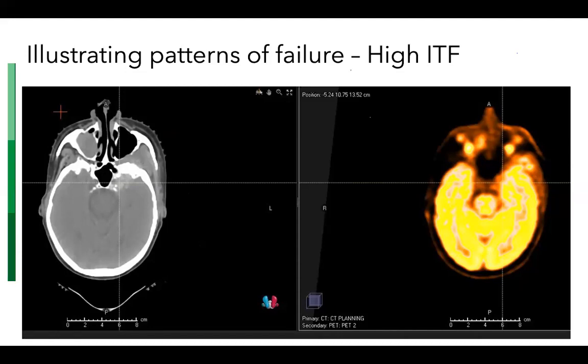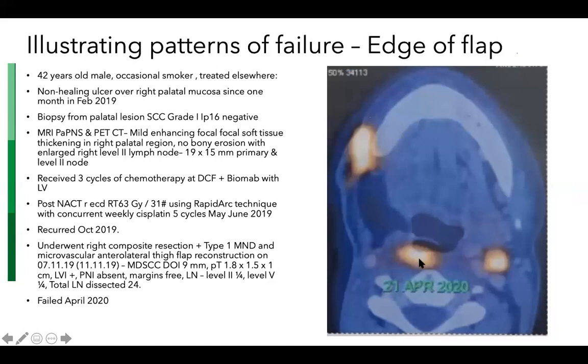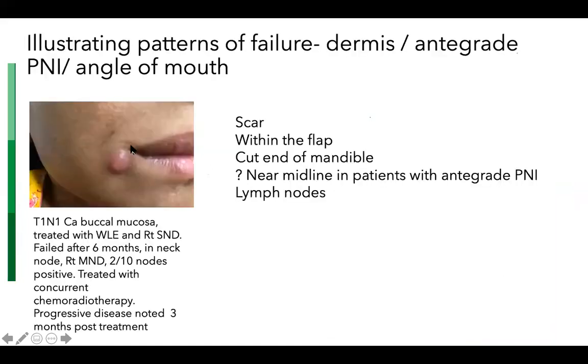Most of the volume was actually inside the previously treated area. This I'm just showing you for an extension where the patients fail. Edge of the flap. Edge of the flap. This is another place for failure. And contralateral neck node. Dermis failure. Failure in the dermis, in spite of the fact that you can make out from the coloring of this patient, the skin has been treated, but the dermis fails. The scar is another area where the patient may fail.